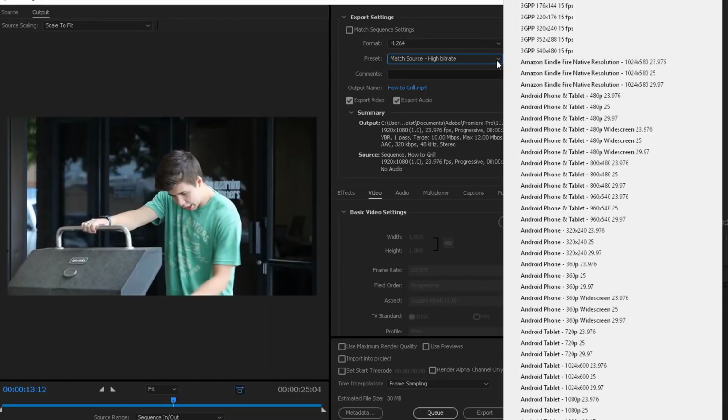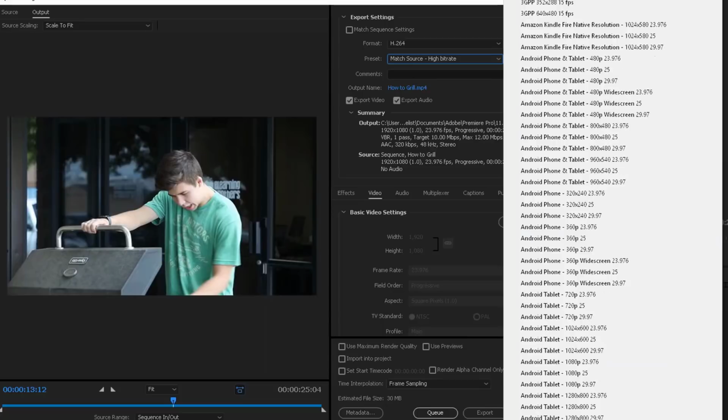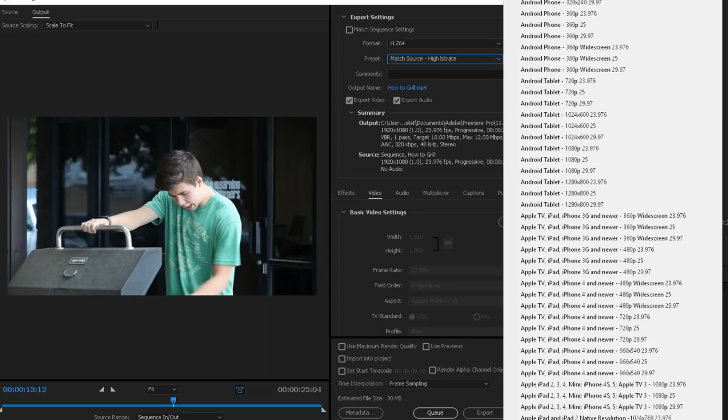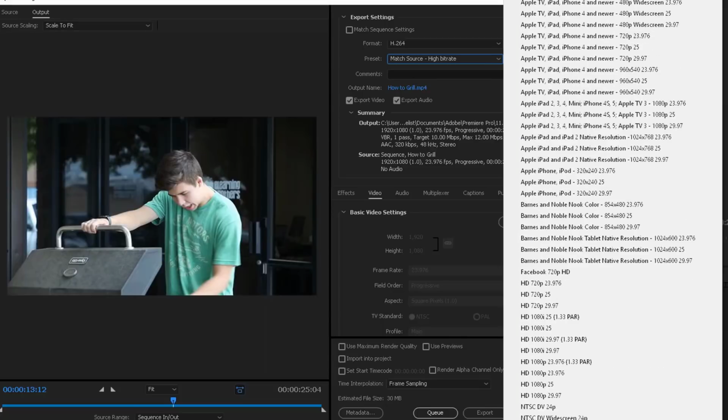Very often I do use match source high bitrate because what that does is it makes sure that there's no loss of information as I export. So for example, if I shot at 60 frames per second and I click this match source high bitrate, it'll do everything it can to preserve that frame rate, the data rate, everything that it can. All it's doing is changing the wrapper. But what I would like to do this time to make sure that it does end up being fairly usable